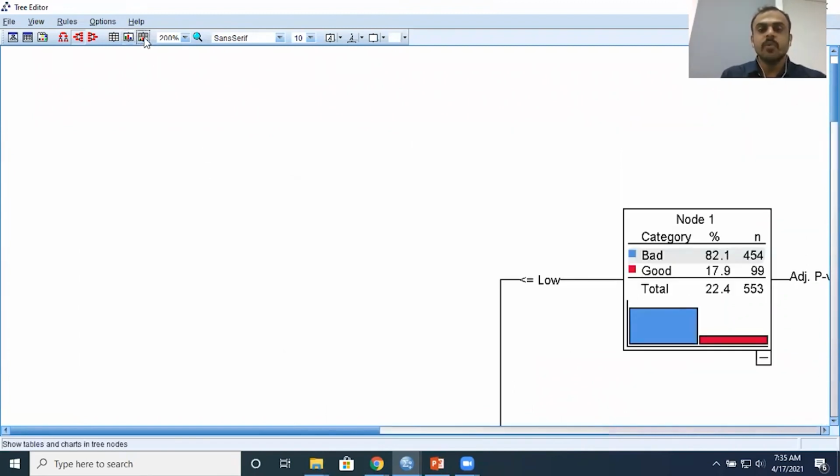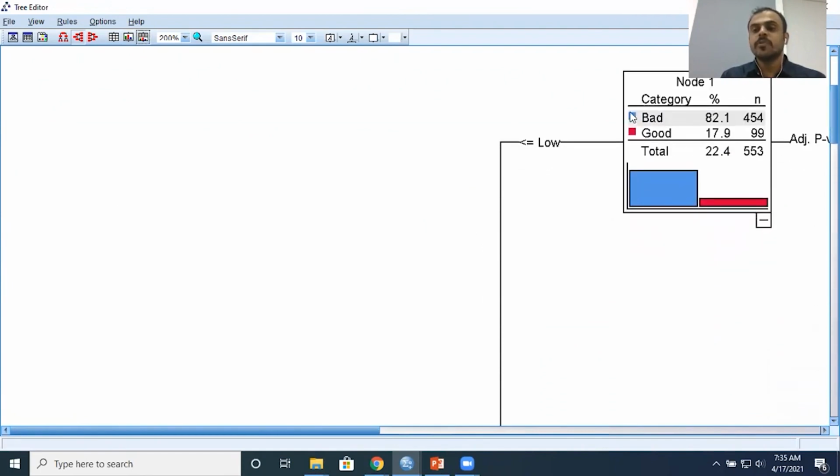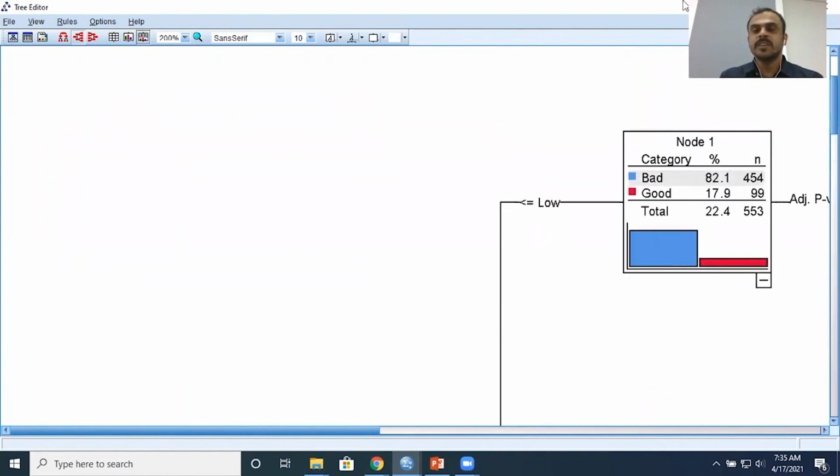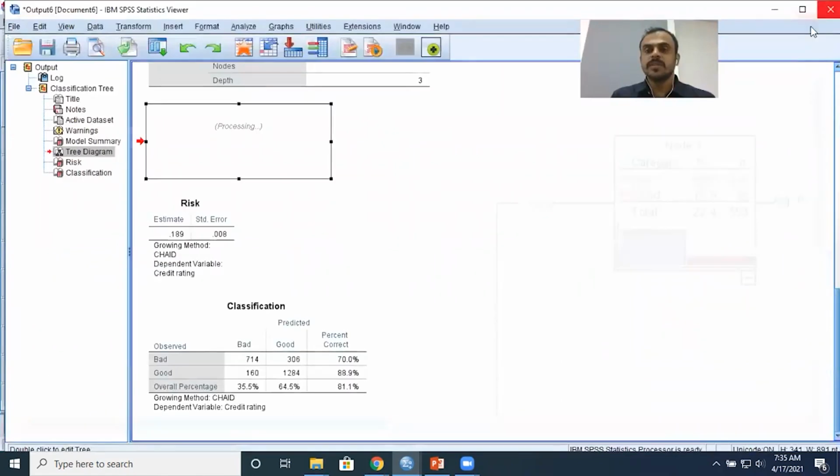Now, if you say, I want to look at both the tabular view here as well as the graphical view, you can do that as well. In the first portion, it gives you the numerical representation. Below this, you can also see the graphical representation, right? This is just for presentation purposes. You can just play around with this. You can just change the zoom and such things. Now, I'll just close this.